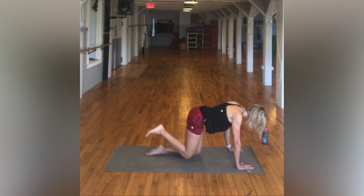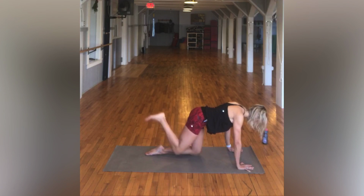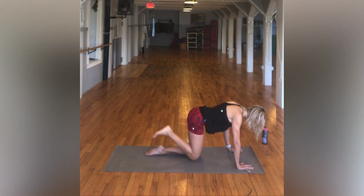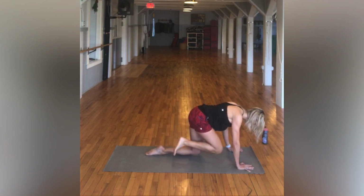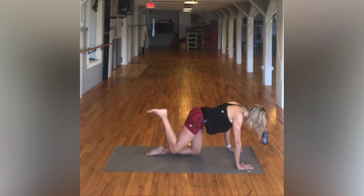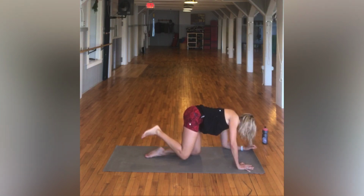Now go ahead, tuck it back in, and then 2 little pulses. 1, 2. Tuck and pulse. There's 2, 3, 4, 5, 6, 7, 8, 9, and 10. Good. Go ahead and shift if you can, if it's comfortable for you, down onto that right forearm